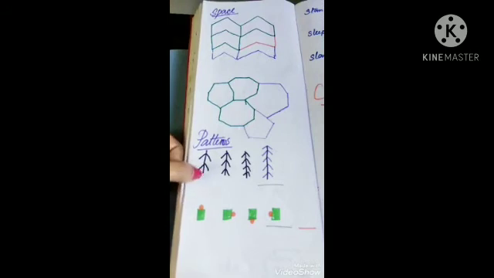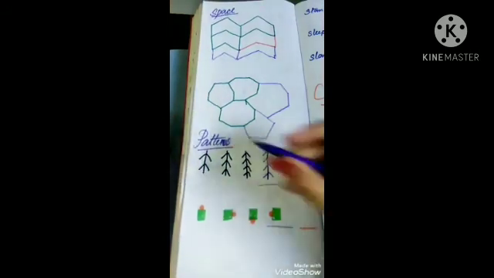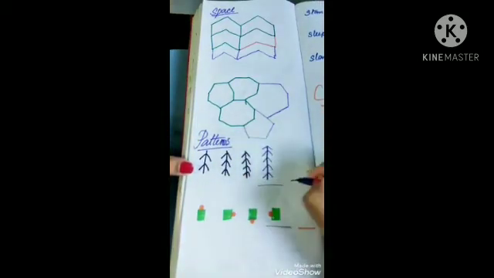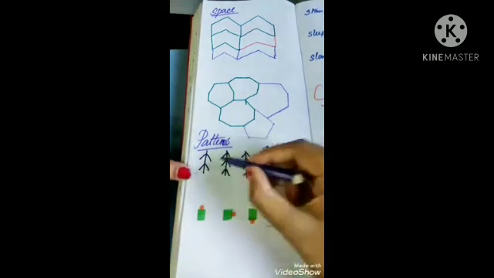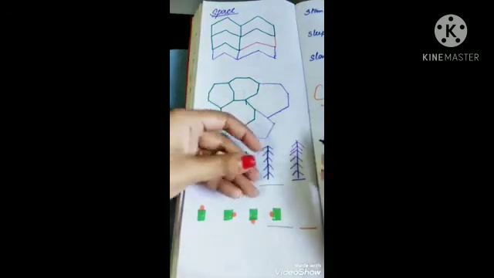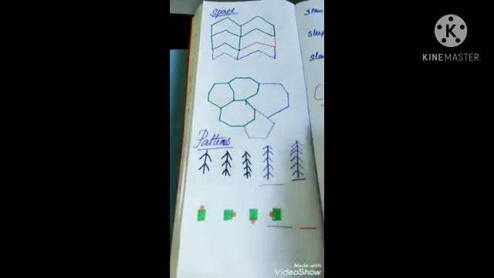Here you can see there is one line, then two lines, then three lines, again four lines, again five lines. So the next figure will generally have six lines, right? Two here, three here, four here, five, then here it will be six lines. Like this way we can draw the next one. You have to understand what sequence they are following, and by that we have to draw.